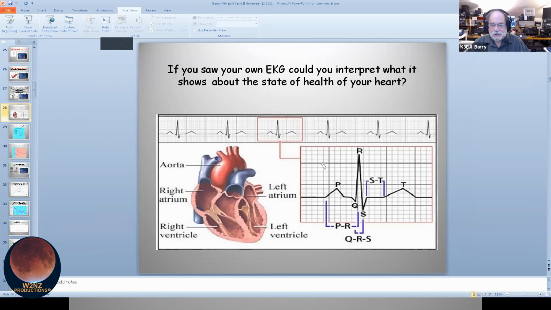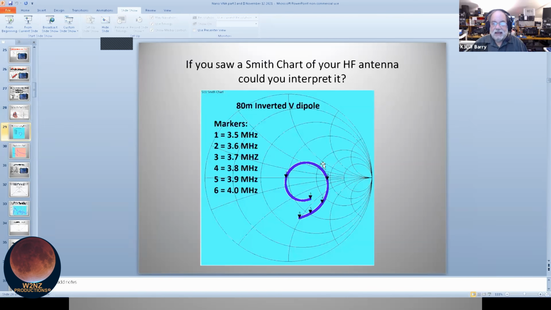I was very proud because my QRS was up and down, and I have a real good heartbeat. And he said, no. You want to look at the phase, because in my particular case, I do have somewhat of a problem. But it's not the amplitude that's the problem, it's the phase. Okay, so this particular Smith chart, I don't want to go into gory details and interpret it for you, but